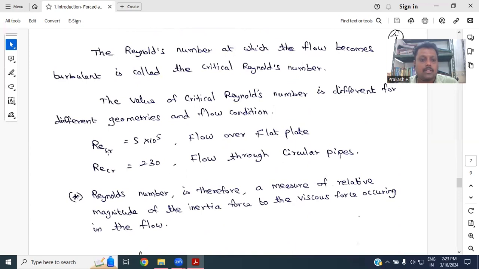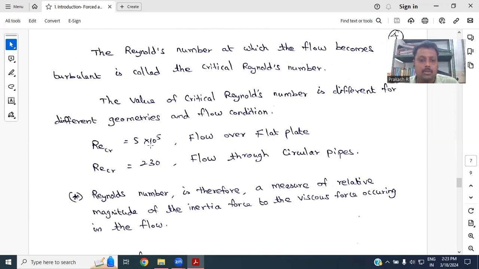So this is the critical Reynolds number values for a flat plate and circular pipe. For a flat plate, the critical Reynolds number is 5 into 10 power 5. So if the value is less than 5 into 10 power 5, it is a laminar flow. If the value is greater than 5 into 10 power 5, then the fluid flow will